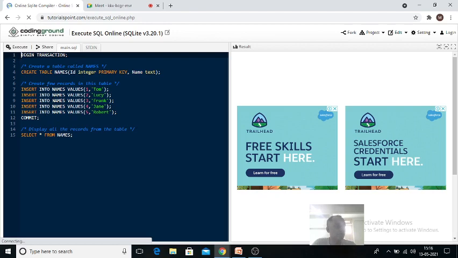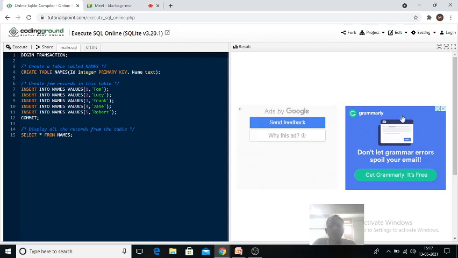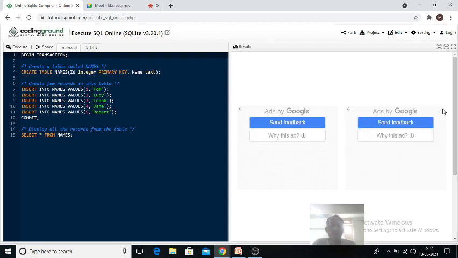Once you complete your typing, click on the execute button. Once you click on execute, you will get the result on the right side, on the white screen.